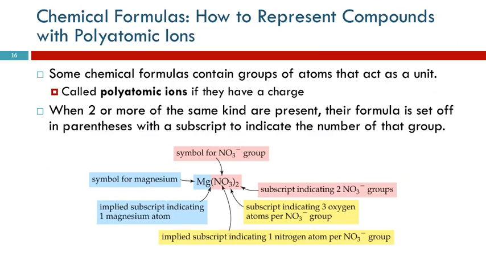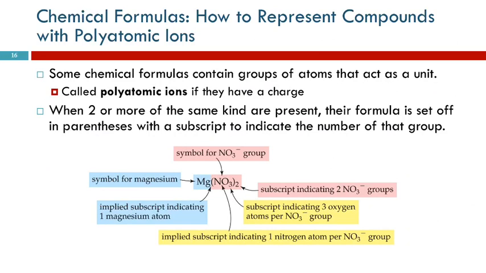This is a little like shopping at Costco. You want a bottle of ketchup. You can't buy 1 bottle of ketchup at Costco. You can buy 2 giant bottles of ketchup bundled together, or you can buy a small-ish bottle of ketchup, mustard, and mayonnaise shrink wrapped together, right? You can't just buy 1. So I think of this NO3 as being a little bit like one of those bundle packs at Costco. And the parentheses are the shrink wrap, and outside the shrink wrap, I'm going to indicate